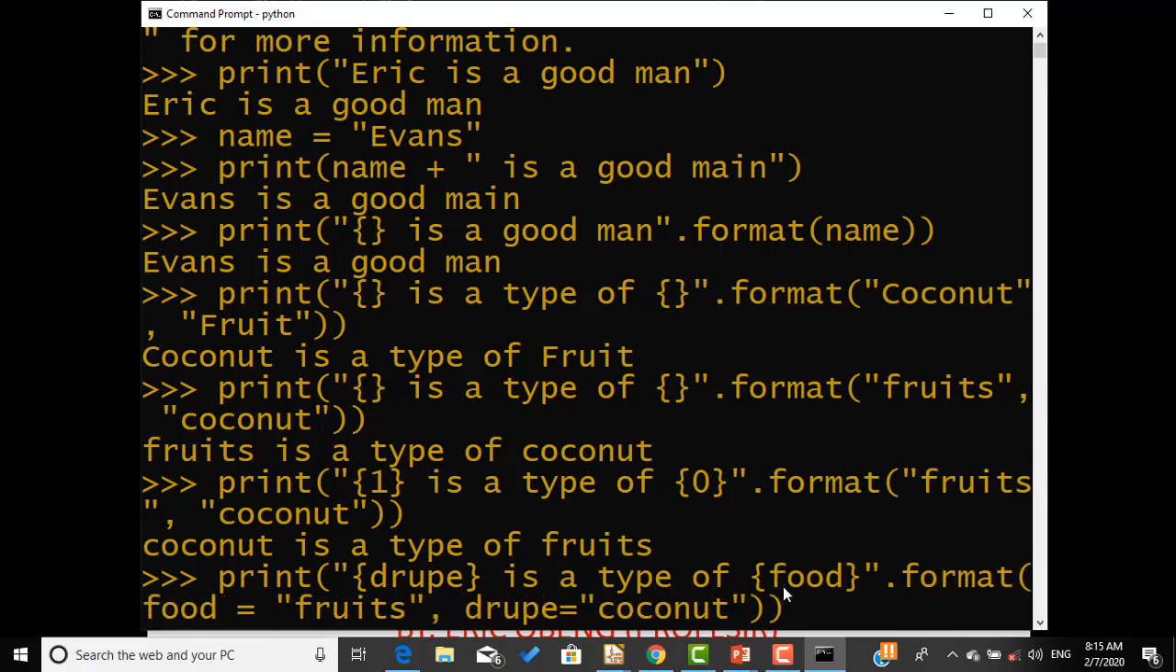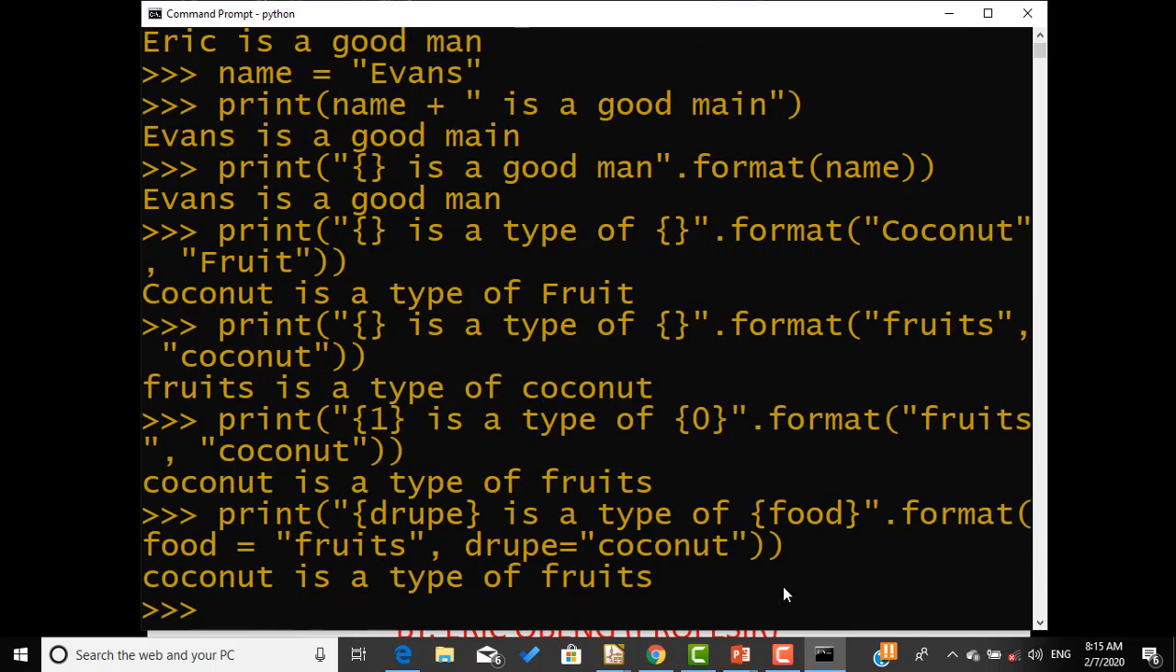Droop is a type of food. Now if I hit enter, you see we get what? Coconut is a type of fruit. So three ways. The first one is not specifying anything in the interpolation strings, variables, or symbols, whatever you call